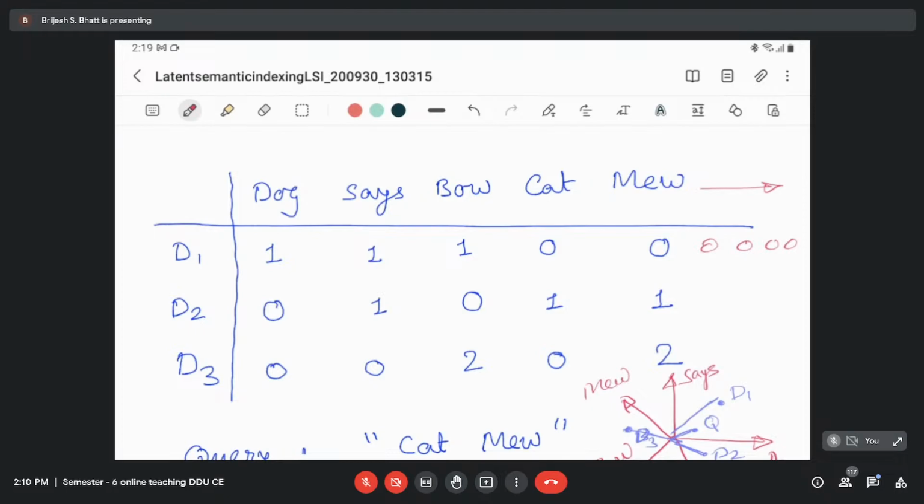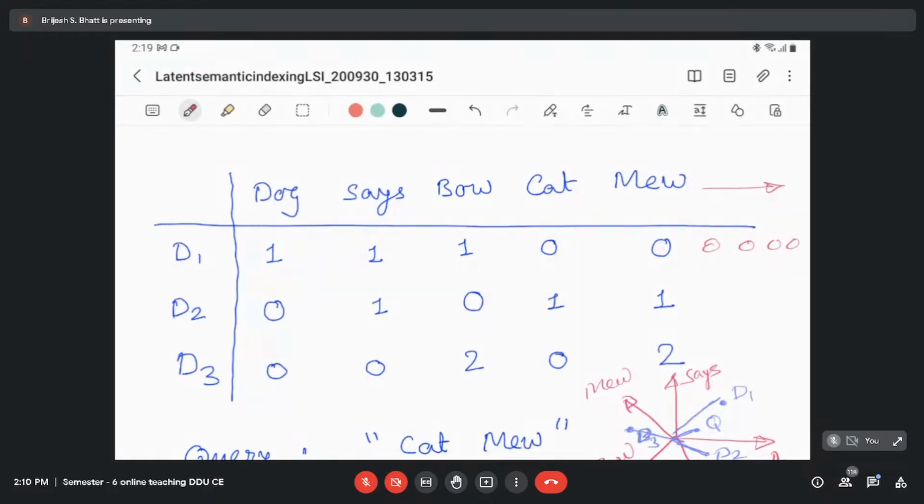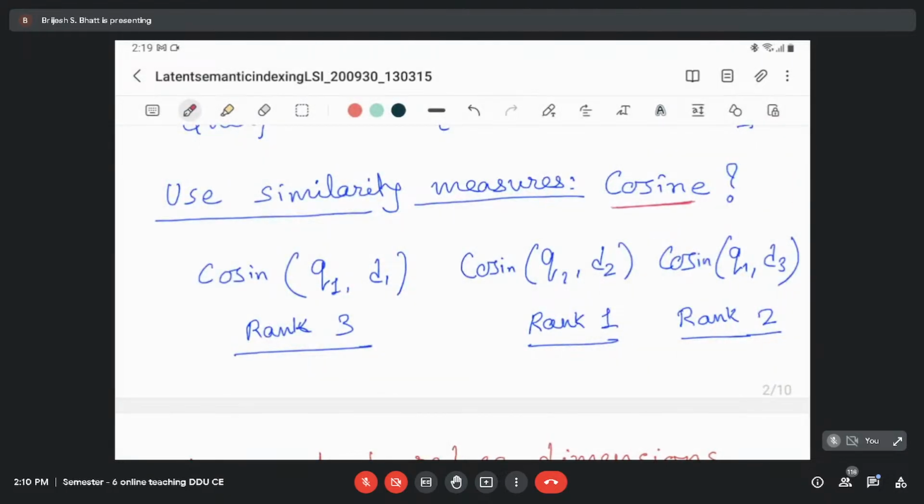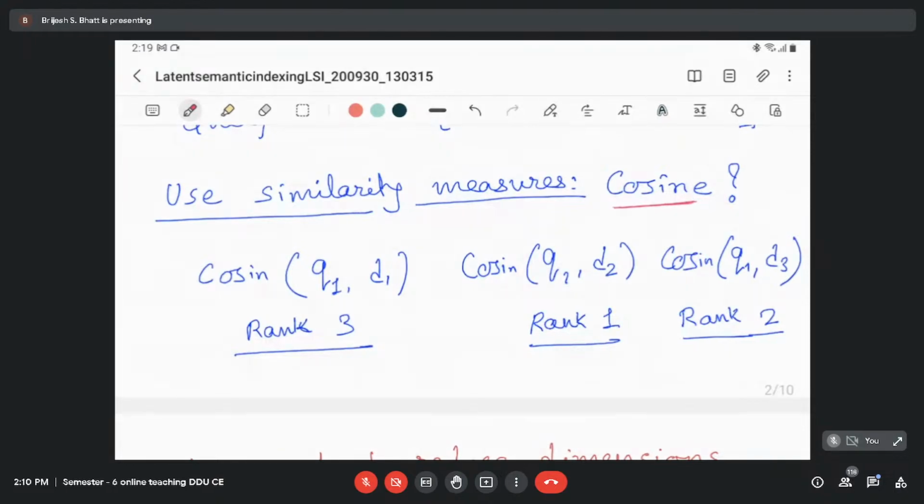So yes, there are so many senses of every word. So one word as a dimension is not a good idea. That's why we need to mix up this entire word and document space and come up with something more semantically relevant to get the actual sense of the